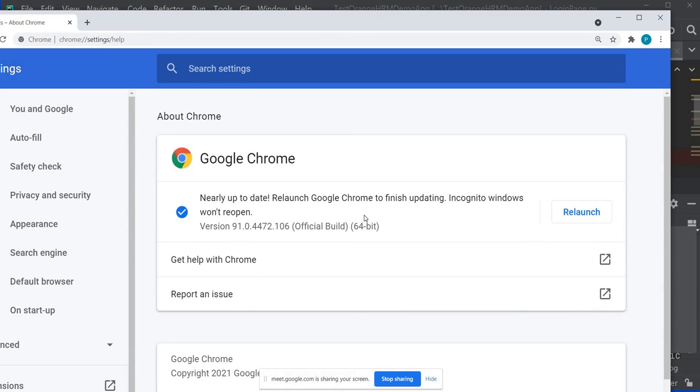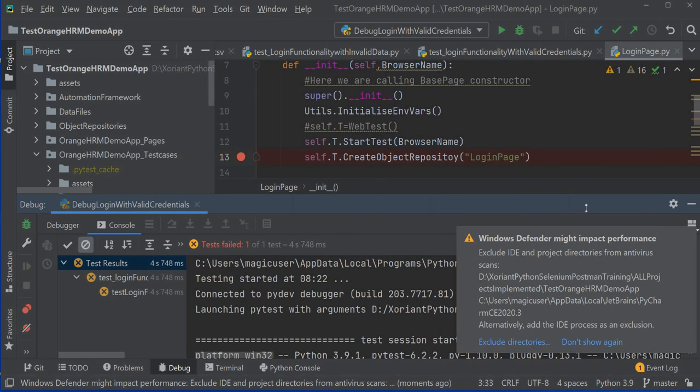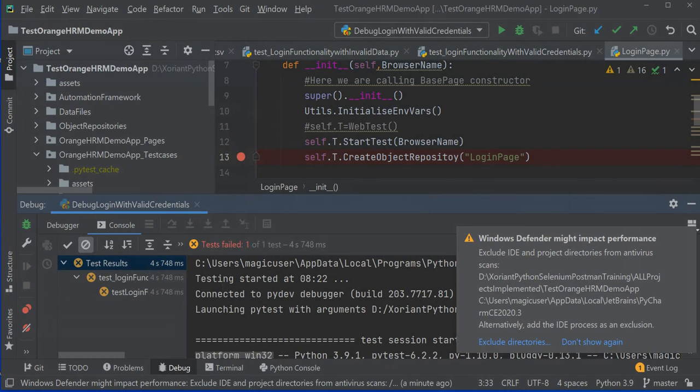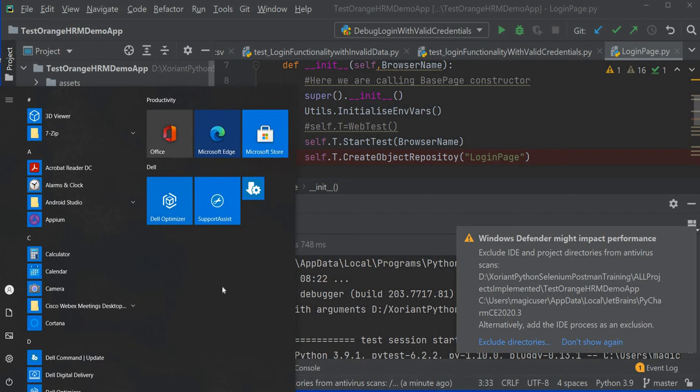So it has been updated, right? Okay, it has been updated actually, so we need to update the driver now. Right, we need to update the driver, guys, otherwise it will not work. So let's do that.